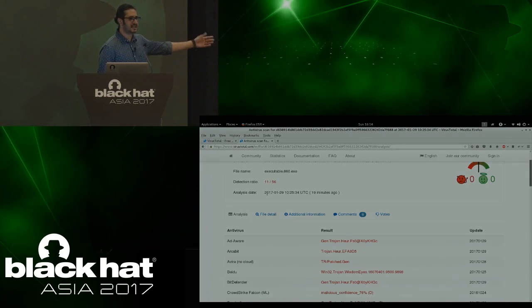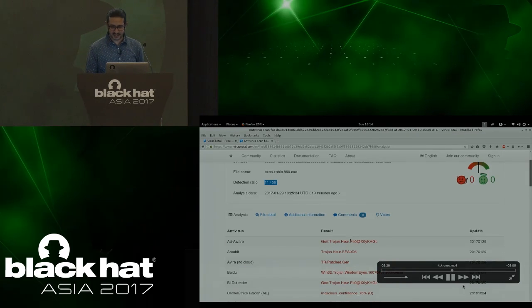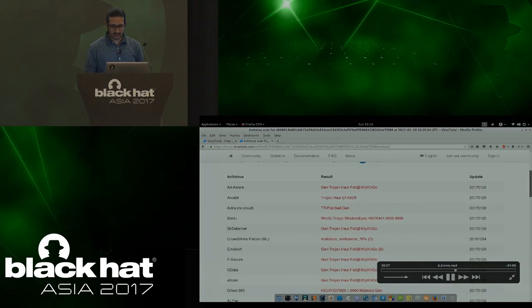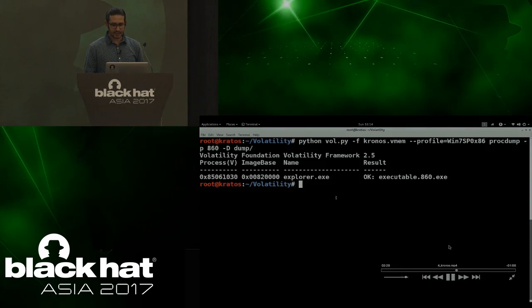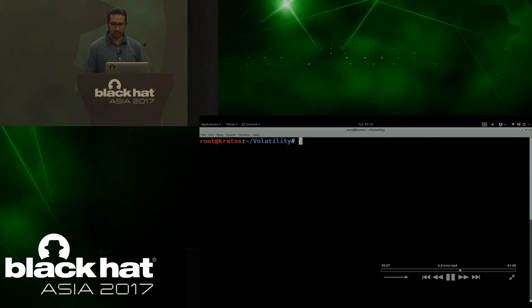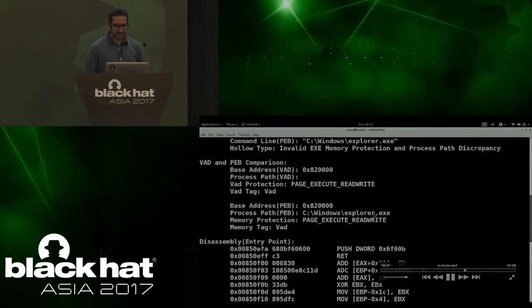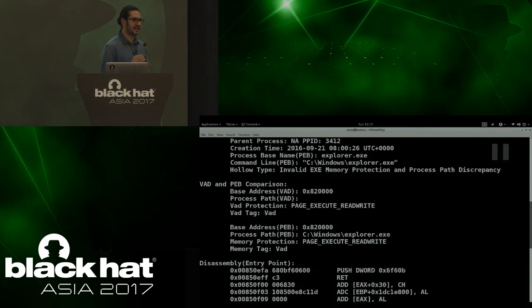But still, normally you don't see this. You say that the AV vendors are detecting it, and you'll think that it is malicious, and you probably think that you found the malicious component and you stop your analysis, but that's not the case here. Unless you know how this hollow process injection works, you will be missing the actual component. So let me show you how hollowfind addresses this problem. The hollowfind plugin was designed to detect this type of hollow process injection as well.